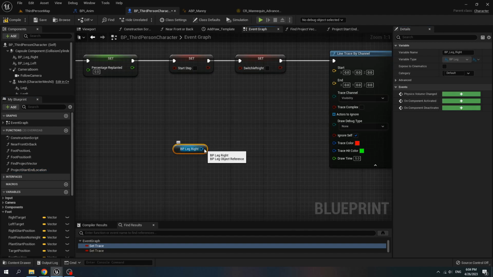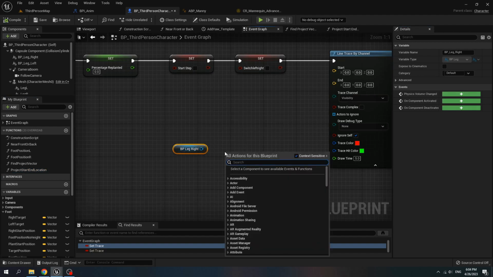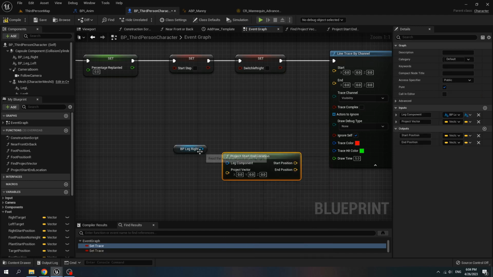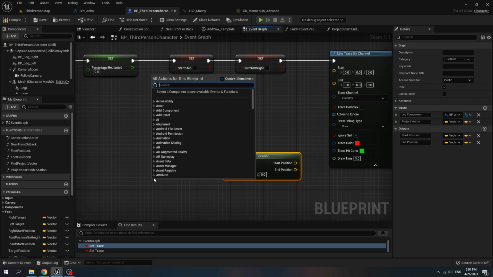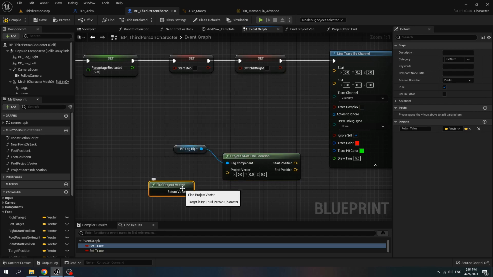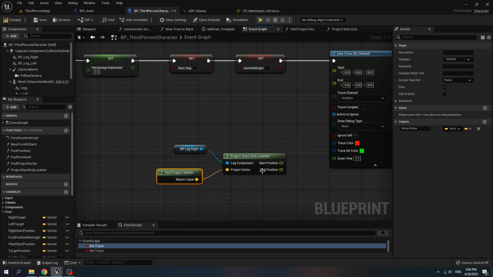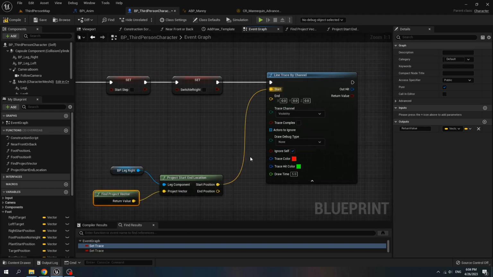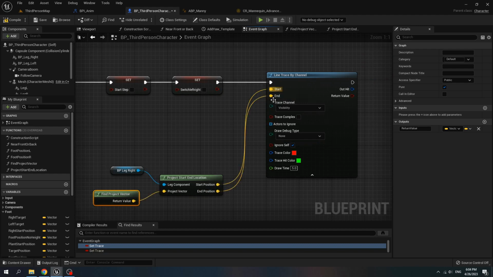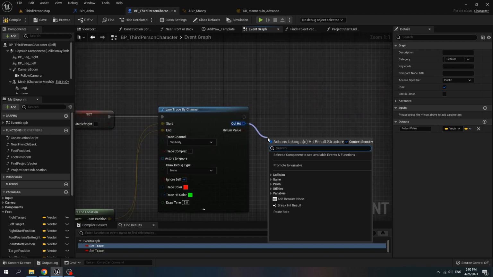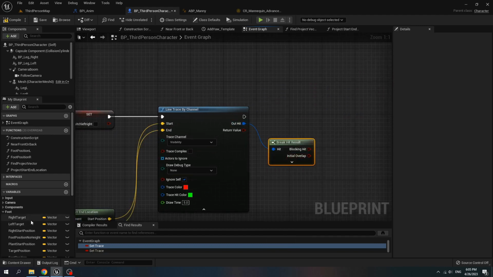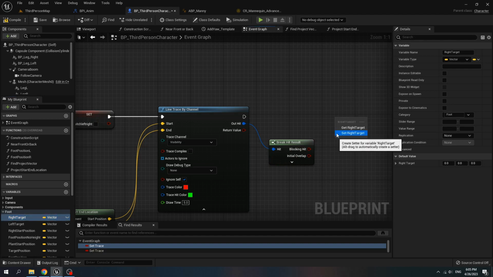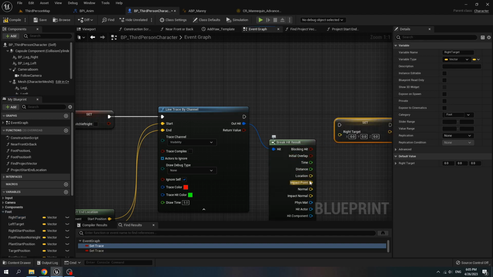Get BP leg right, then call project start add location, connect the leg right to leg component and call find project vector, connect it to project vector and connect the start position to start, add position to add. Break the hit result and set it to right target for the location.